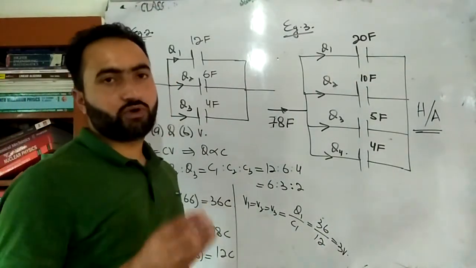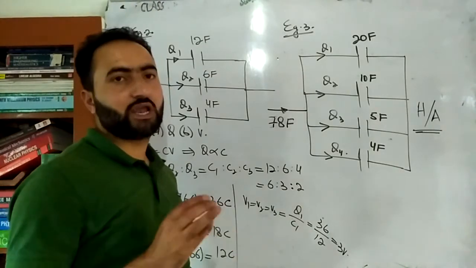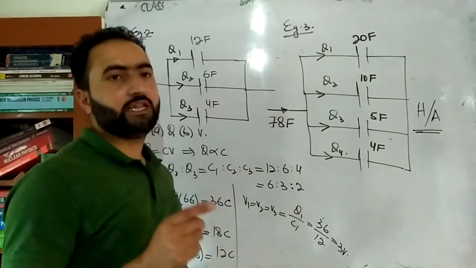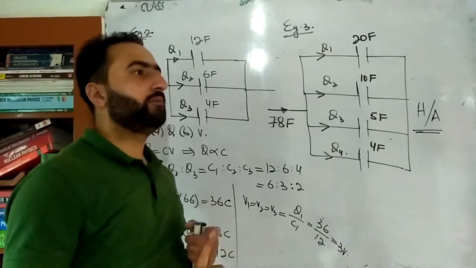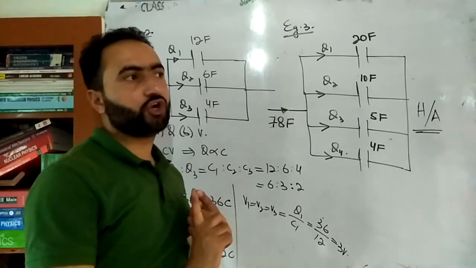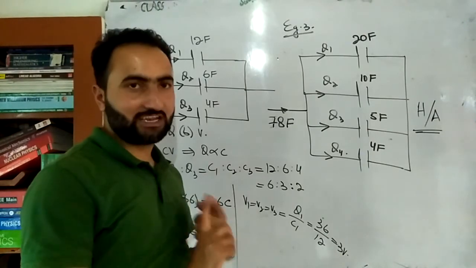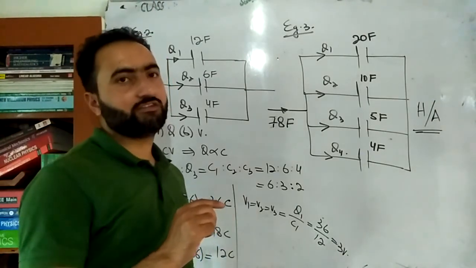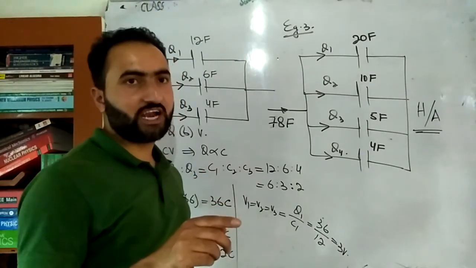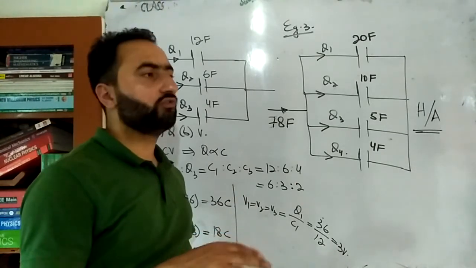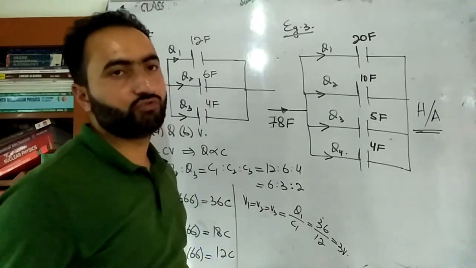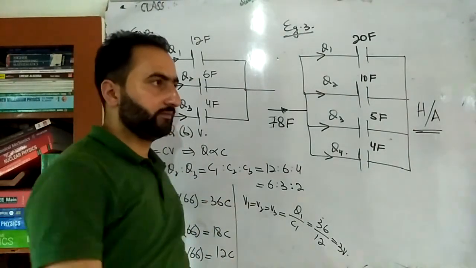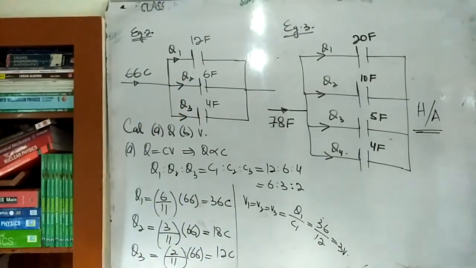So we are done with series combination of capacitors, parallel combination of capacitors, then the charge divide rule and voltage divide rule. I have already taught you these in current electricity, circuit theory, so you'll revise that. We'll be repeating that in capacitors. Next topic will be different techniques by which we can calculate the equivalent capacitance. Okay, so till then, tata.